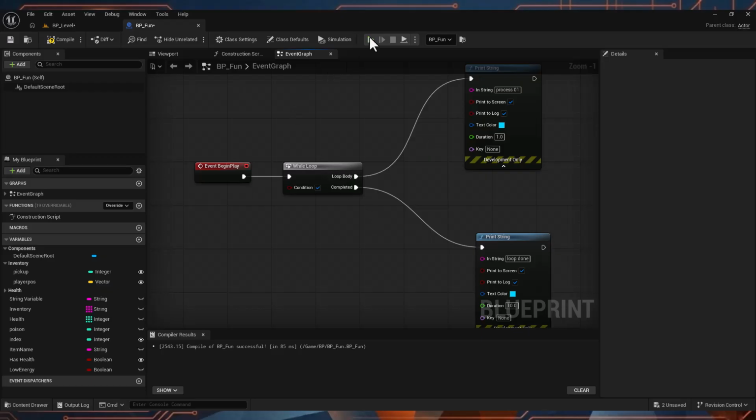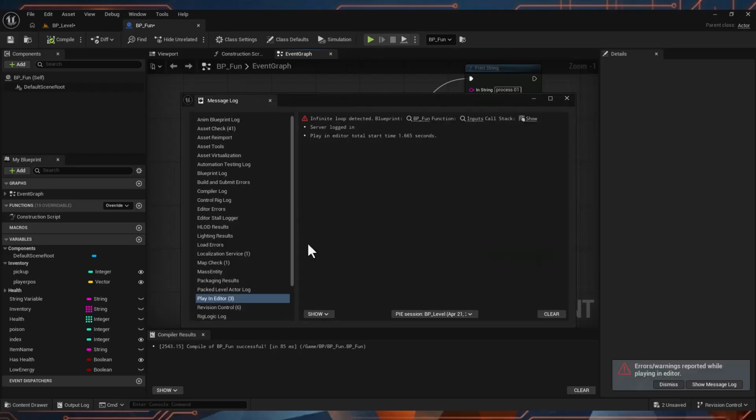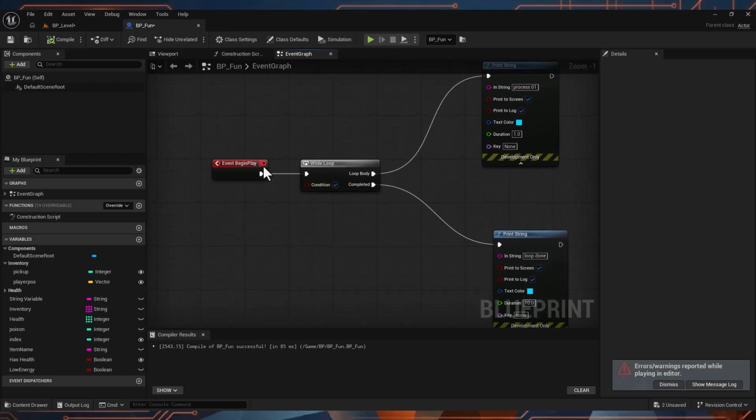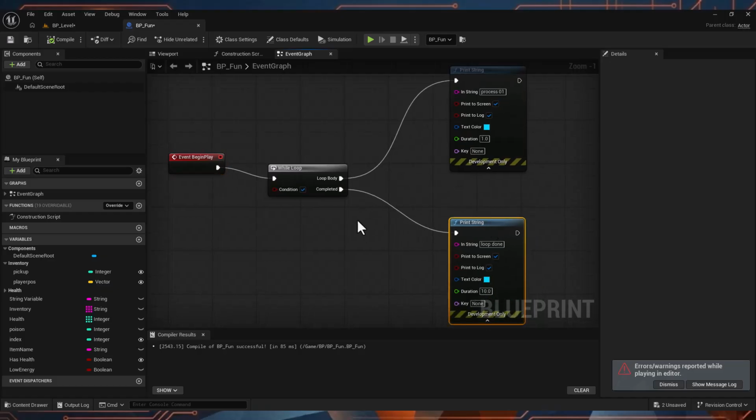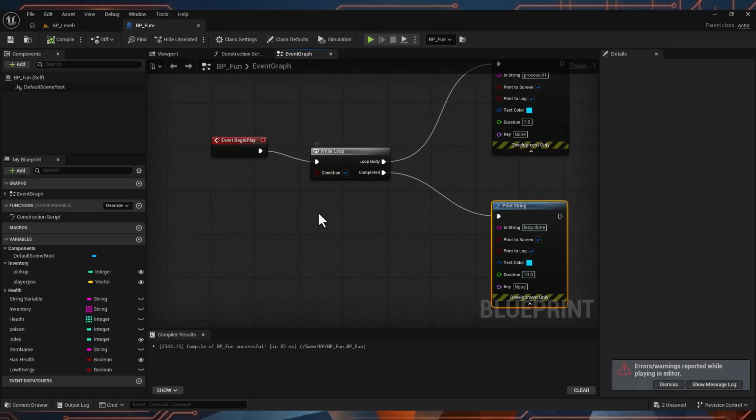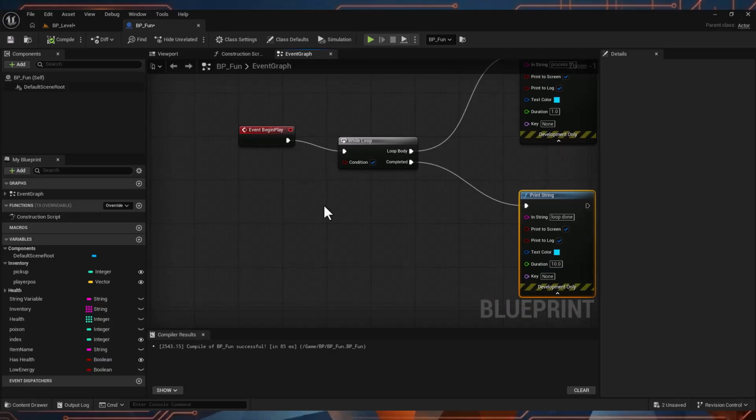And what will happen is if I press play now, I'll get an error from Unreal because there is no condition that I'm checking. See, it says infinite loop detected. So it crashed essentially, like not really Unreal, but it caught it, it's smart. It's like, wait a second, you did some bad programming here. You can't just leave an infinite loop forever. So you need to check some sort of condition, like while player health is equal to 100,